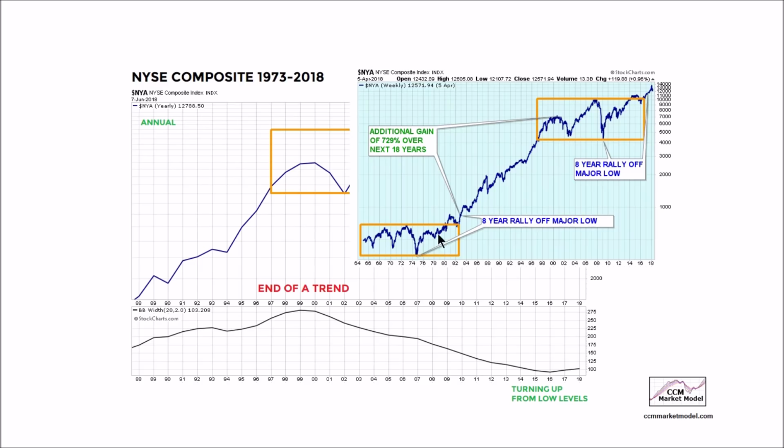This move here, bullish breakout and retest, you can make an argument, is similar to this 8-year move here, this bullish breakout, retest followed by a higher high. Is it possible for the market to rally for 8 years off of a low and then rally for an additional 18 years? The answer is absolutely, positively yes, because that's exactly what happened here in the 1970s and into